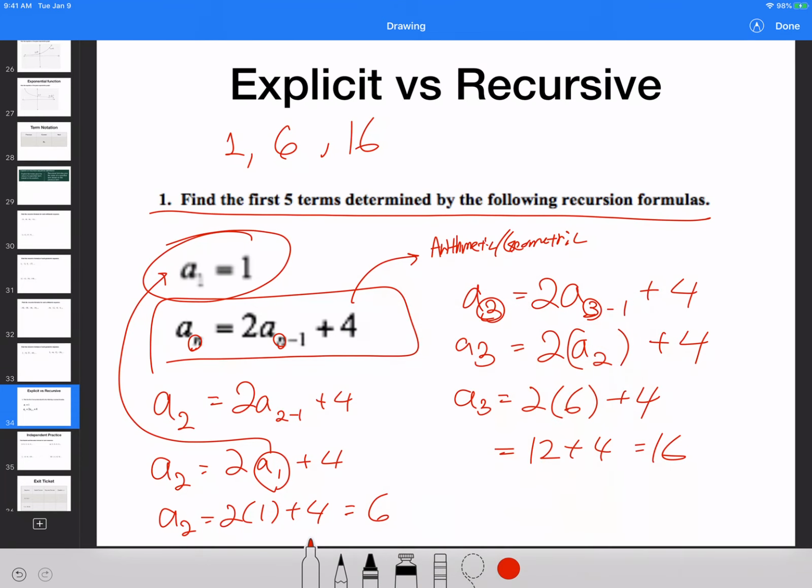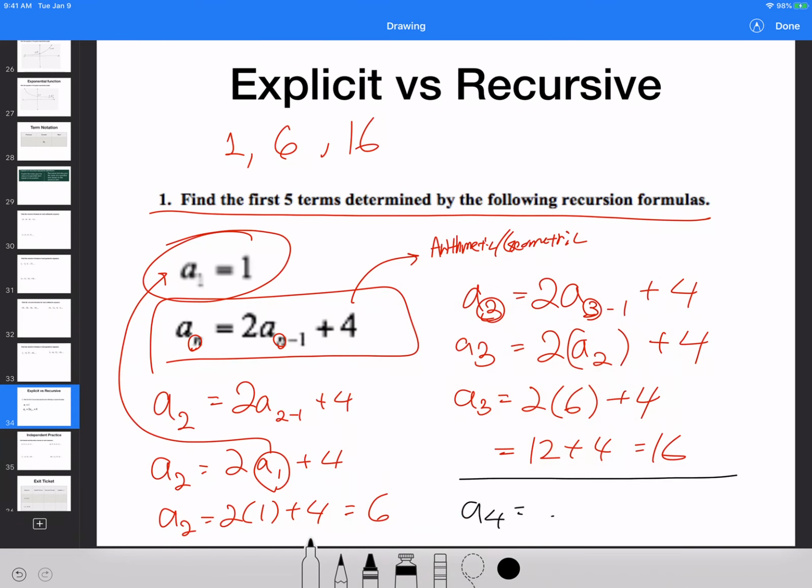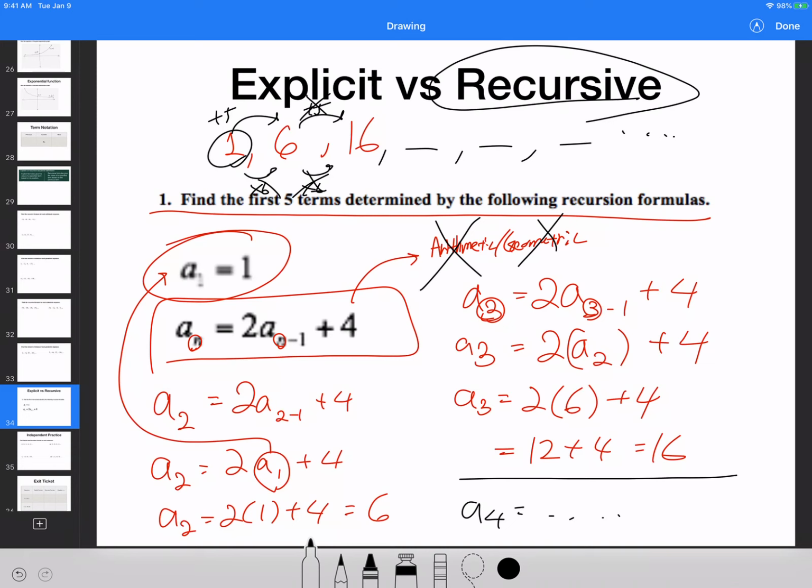Now notice how this sequence, if I were to do the same thing to find a sub 4, and so on, fourth term, fifth term, sixth term, this can go on and on. This is not arithmetic, because it's not plus 5 all the time. It's not times 6 all the time. So it's neither arithmetic nor geometric. So what is the recursive formula really useful for? It's for the sequences that are not necessarily arithmetic nor geometric,